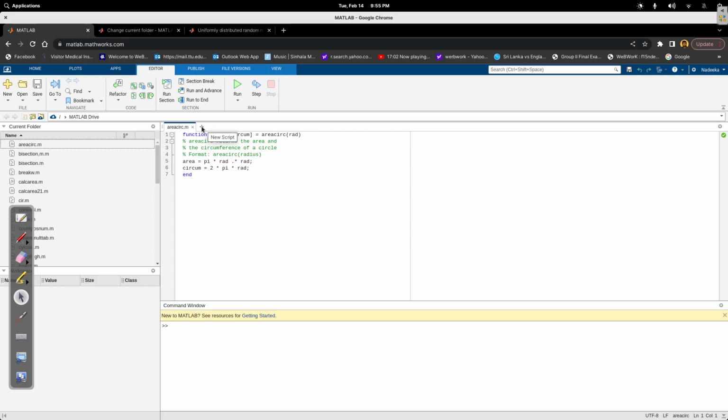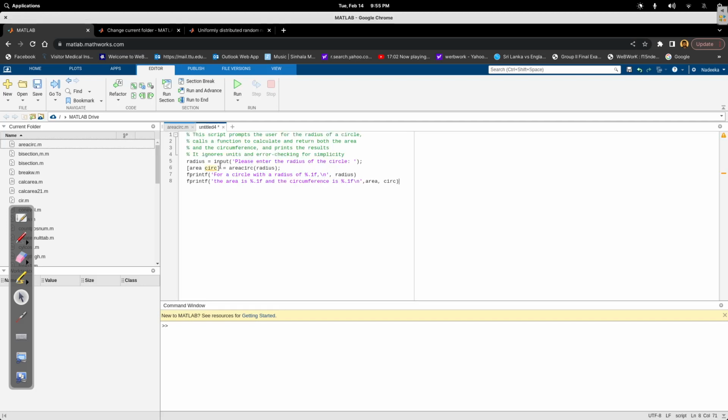Here I need a new file, so I can use this plus to get the new file. So let me write the script. Okay, so this is the script. Here I use an input statement with an optional comment, and this input statement gives the input message and gets the radius of the circle,